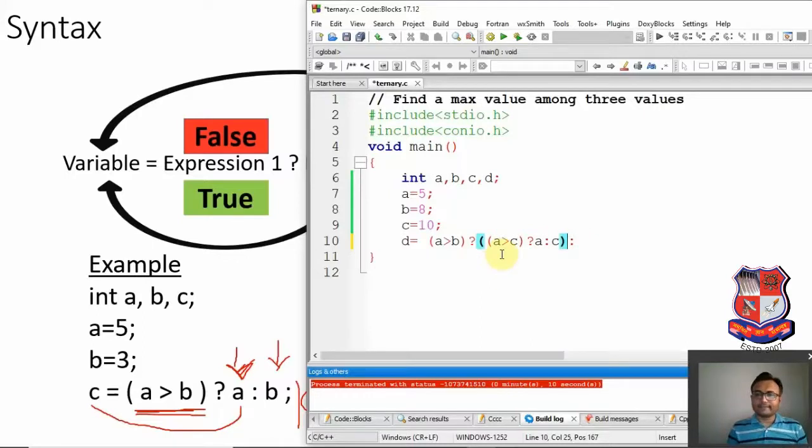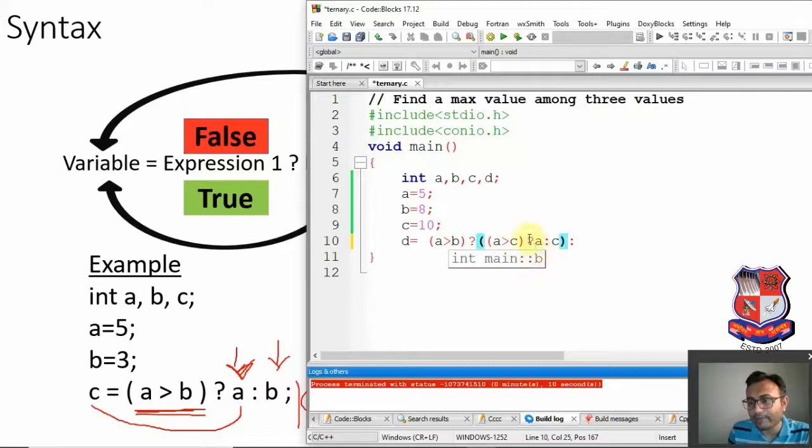Now just check this statement. Focus over here and check this statement. Suppose a is greater than b, that means check the positive part, the true part. That means we come over here to expression number 2. In expression number 2 we have one more ternary operator, and we are checking a greater than c.